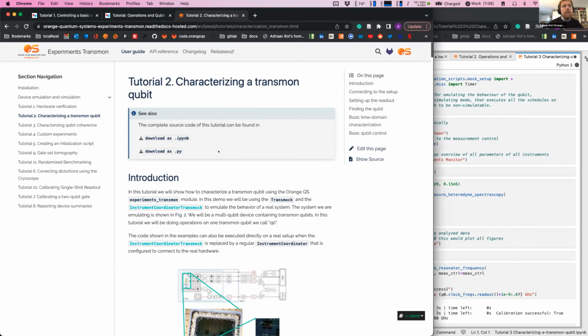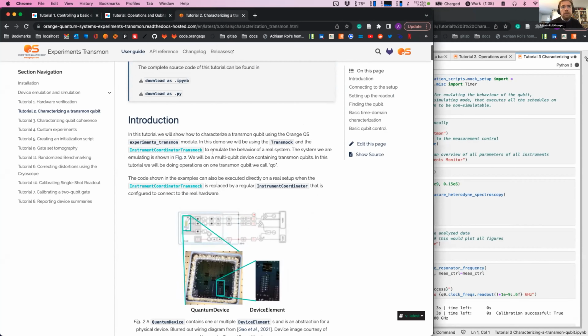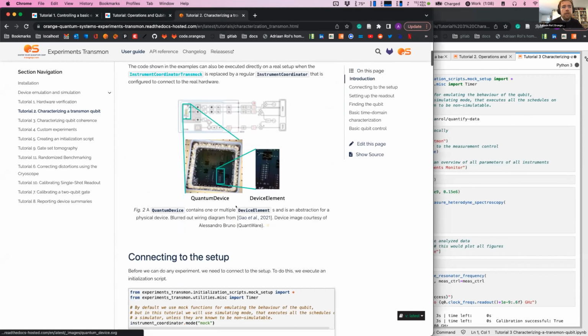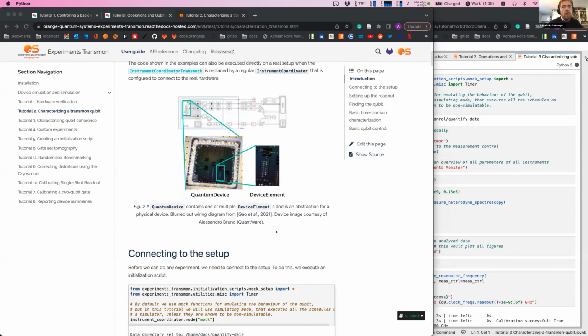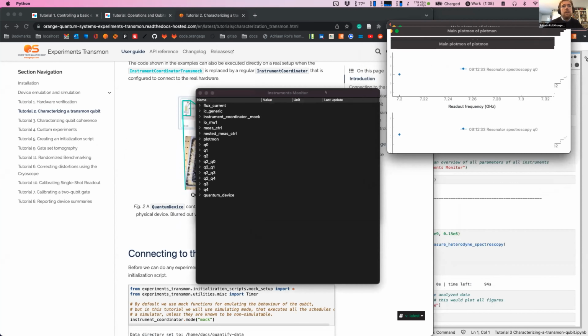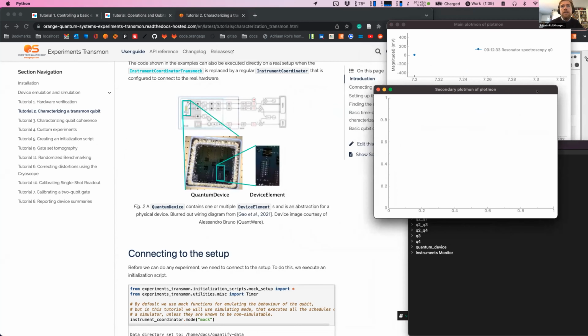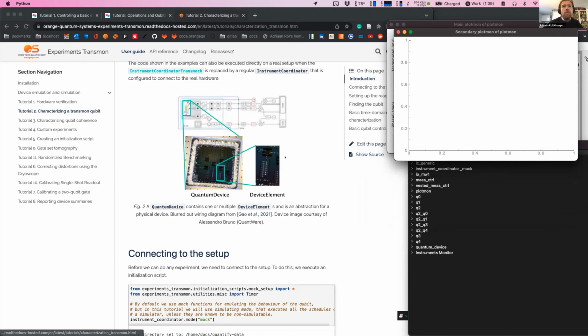But what we're seeing here is basically, it's not just that we're putting the code snippets here, but we're really explaining to a level that hopefully a master's student can follow. Here's my visualization popping up. I ran the cells on the side. We see all the instruments being connected and an experiment running. I'll hide it so I can talk about this first.